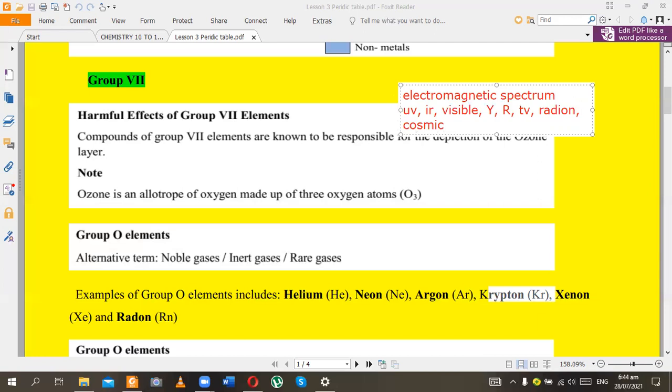Yeah, these are the ones that I'm talking about. So now the band of these, they make up what we call the band of these. That's what makes up the electromagnetic spectrum. Now within the electromagnetic spectrum that we have here,